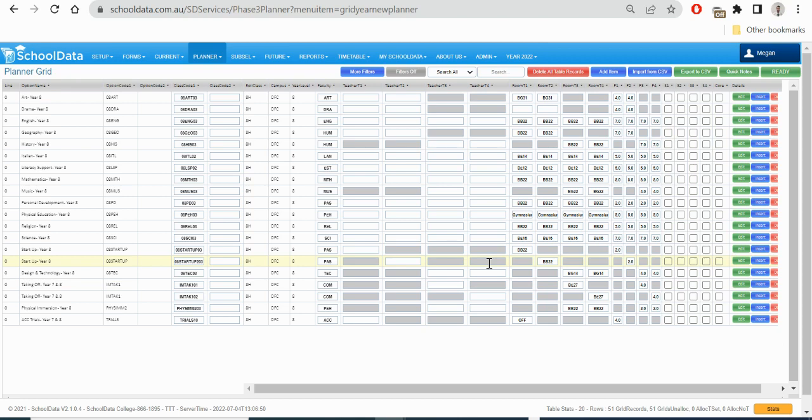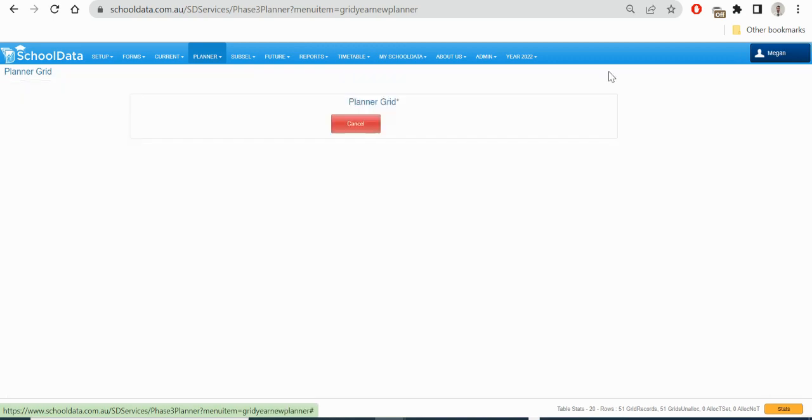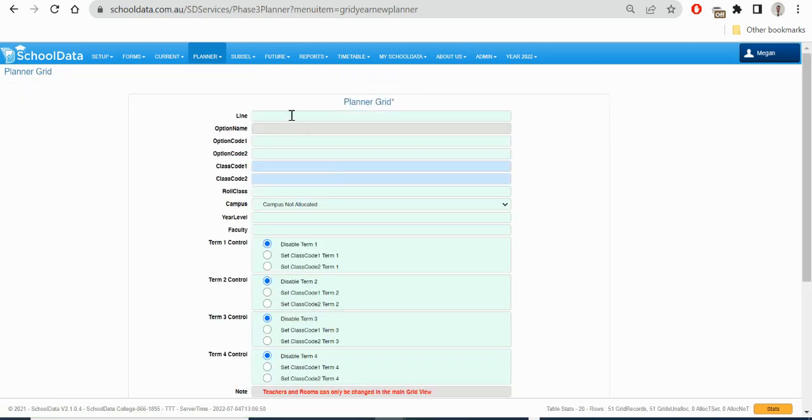import method. Okay, let's say you notice that role class 8H doesn't have a homeroom class for some reason. There is at the top here, next to the CSV import, an add item button. This allows you to add classes to the grid. The line is more relevant for VCE classes or senior blocked classes, so let's just put a 0 in there